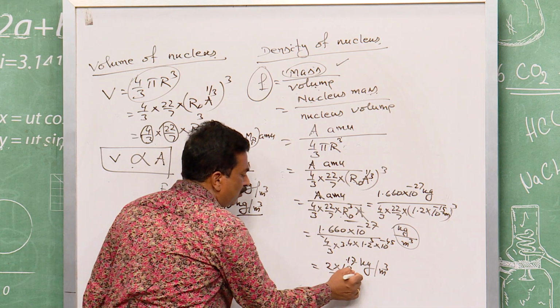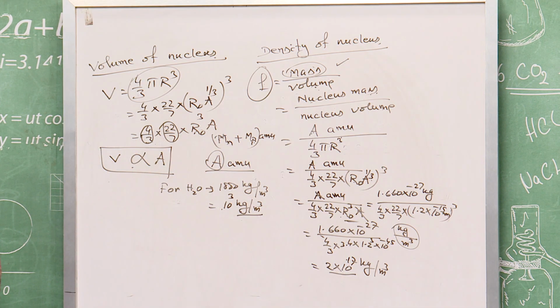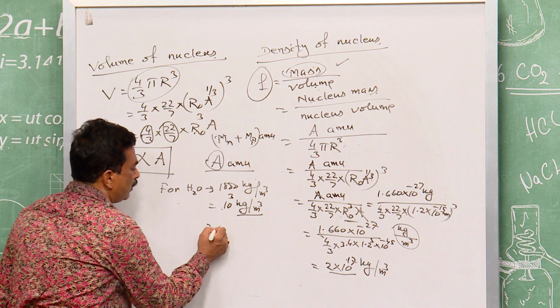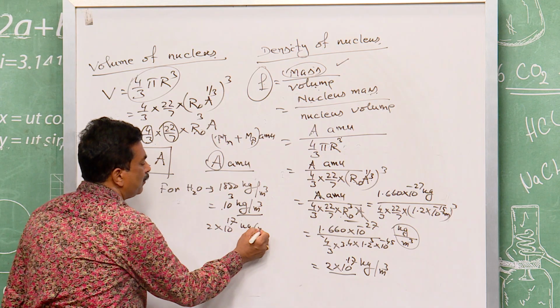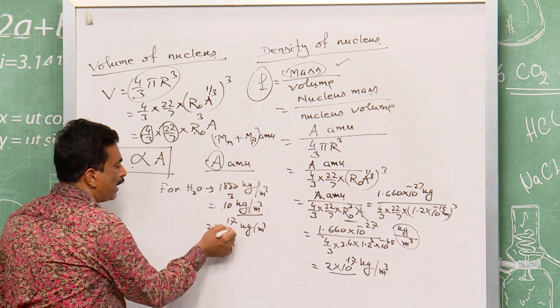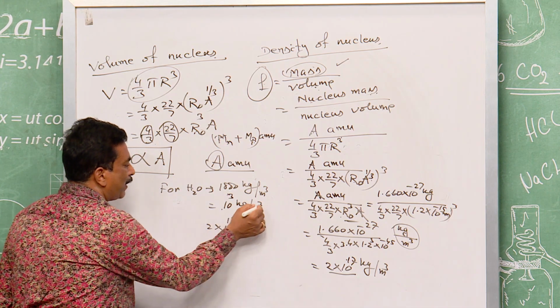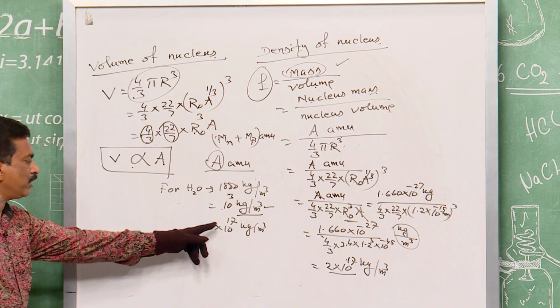But for the nucleus, that is equal to 2 into 10 to the power of 17 kg per meter cube. So if we compare these two, in comparison to water, the nucleus